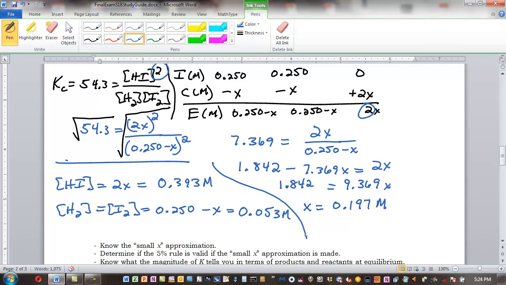Look okay? What should you do now if you have time? Do the 5%. Yeah, plug it back in and solve for K. Okay, and it really doesn't take too long because you have the two concentrations. So we just have to go HI squared. So look up at the top left here. Kc is HI squared over H2 times I2. Now we have rounded these a little bit, so it might not come out exactly right, but if we double check this,